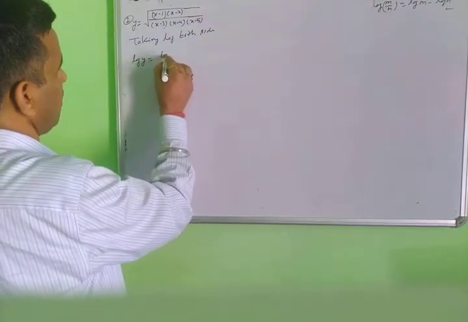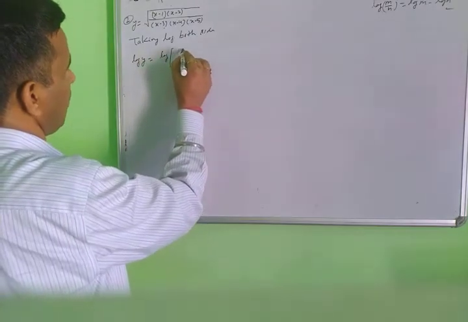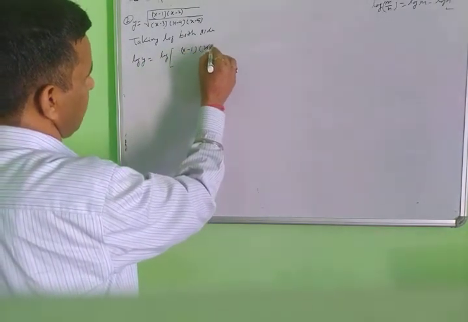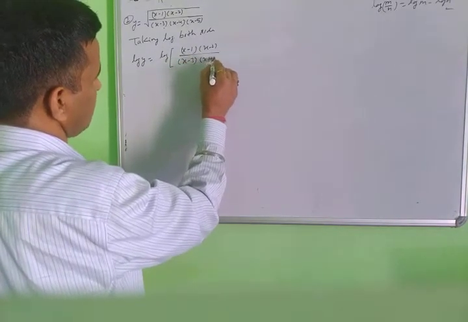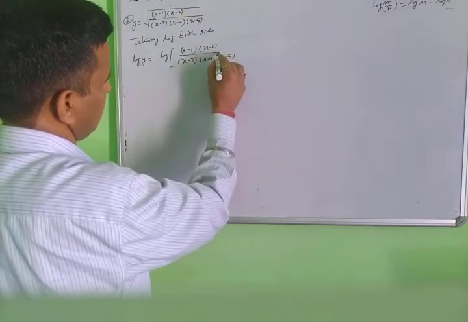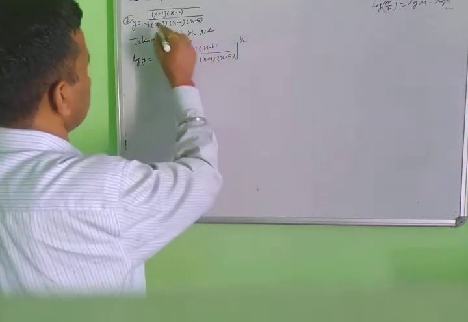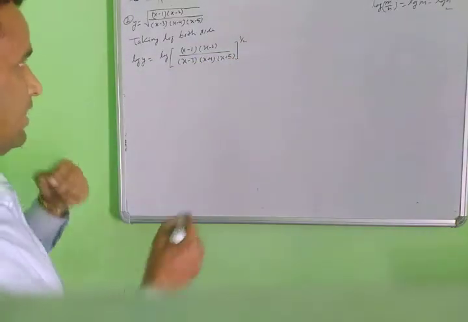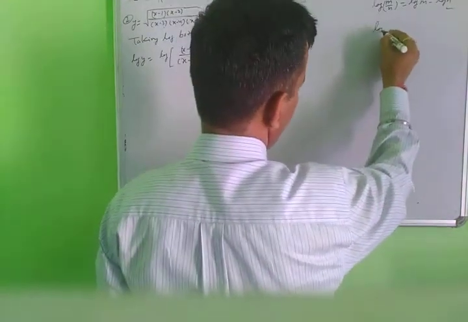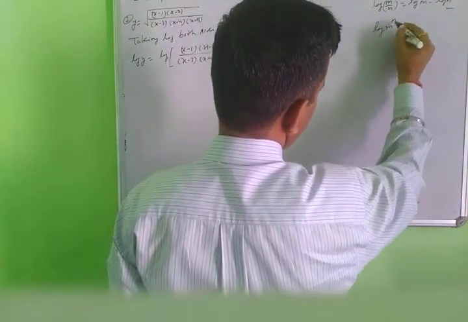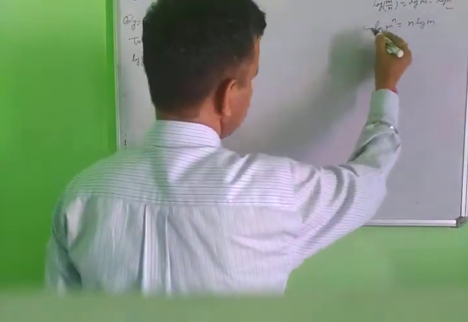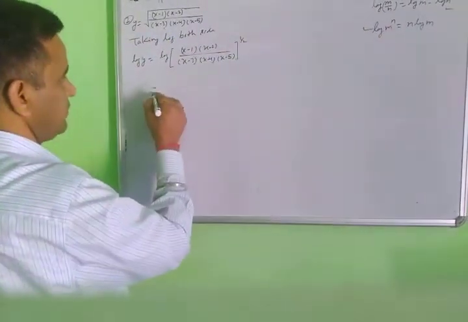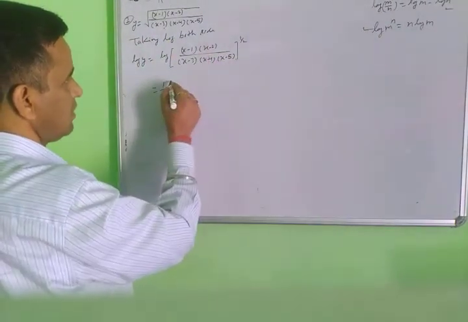Log y equals log of the square root of (x minus 1)(x minus 2) upon (x minus 3)(x minus 4)(x minus 5), and this root we write in the form of 1 by 2. Then using the identity log of m to the power n, then log n. First using this identity, then using this identity. So first, taking the 1 by 2 here,